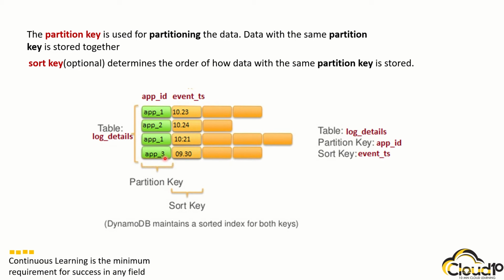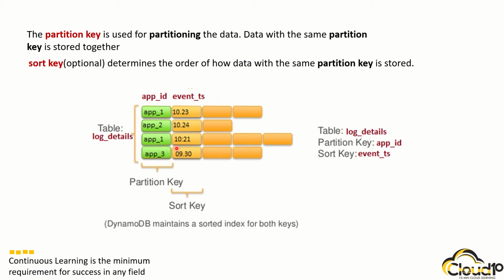So let's understand with the help of an example. Let's say we are storing logging data for several applications. My partition key could be the application name and the sort key is the timestamp of the log. So this allows me to query all the logs of a particular application over the last 1 hour in one query. Or if I want to do any queries beyond the last 1 hour, maybe on a particular date, that also I can do using this option.